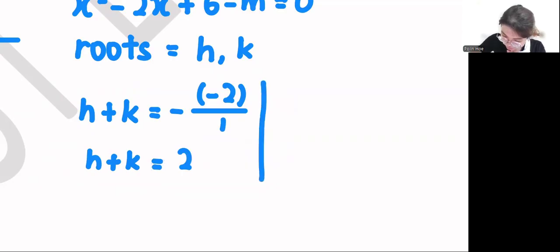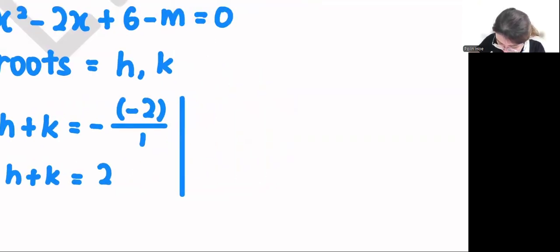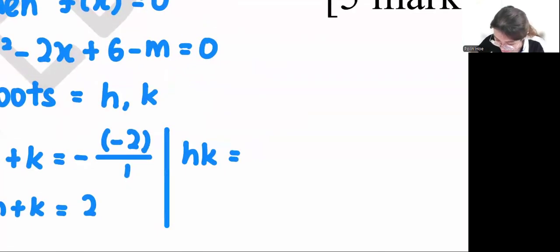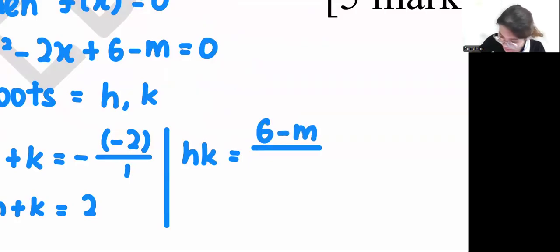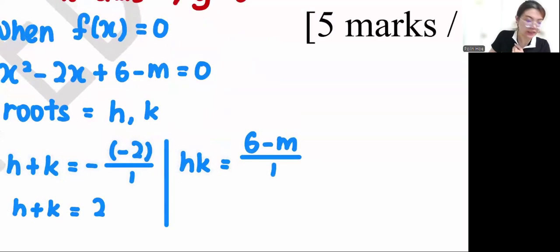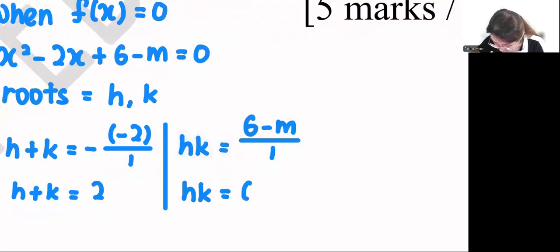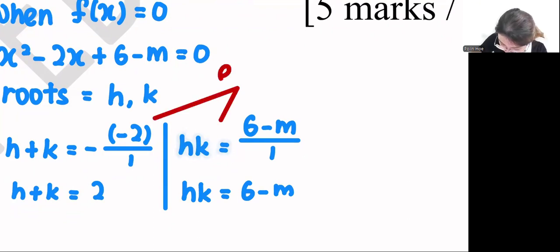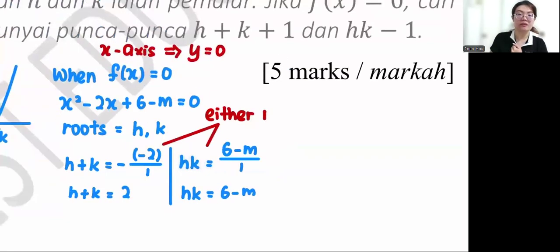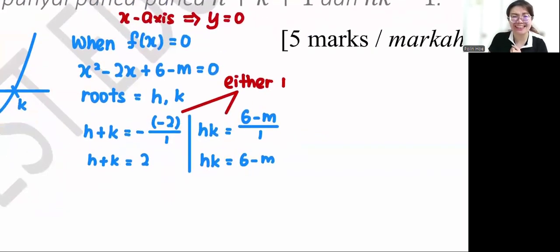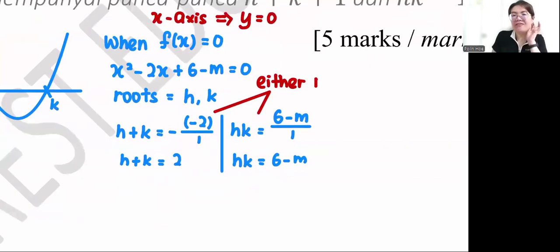After that, POR, the formula is C over A. Product 是乘啊。My C will be 6 minus M over 1. Teacher, over 1, do we need to write? Of course, yes. Okay? HK equals to 6 minus M. These two, either one, you get 1. But in order for you to get full mark, you should write everything 嘛，是吗？